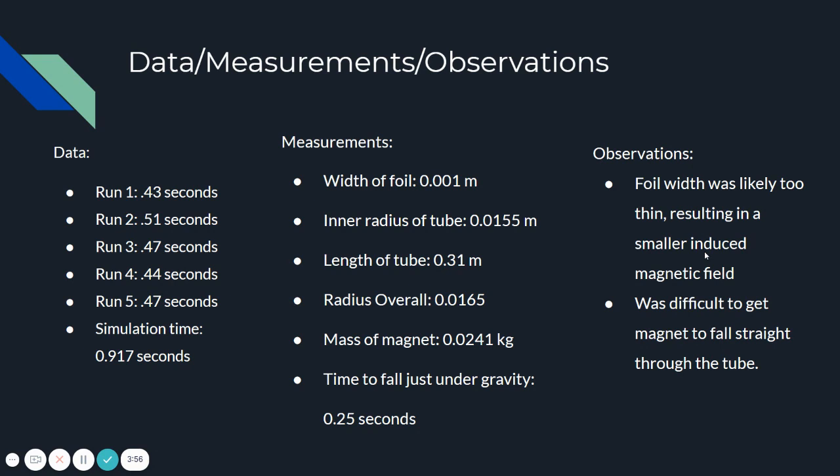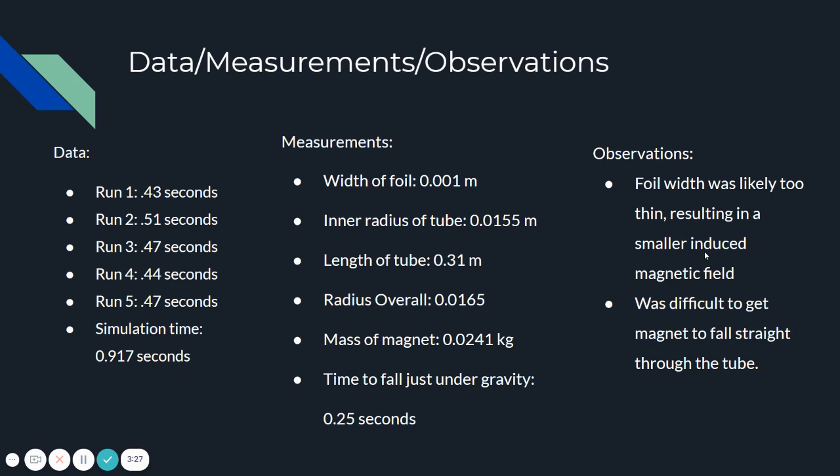I scrunched it up a little bit, and it likely hit the tube and did not fall perfectly. In terms of measurements, the width of the foil was 0.001 meters. The inner radius of the tube was 0.0155 meters. The length of the tube was 0.31 meters, the radius overall was 0.0165 meters, and the mass of the magnet